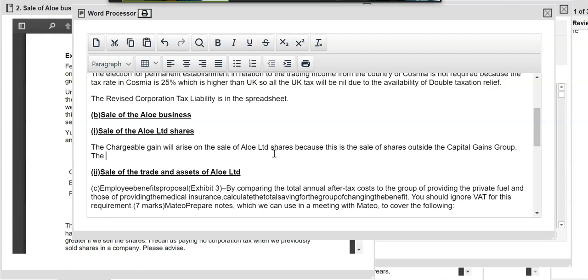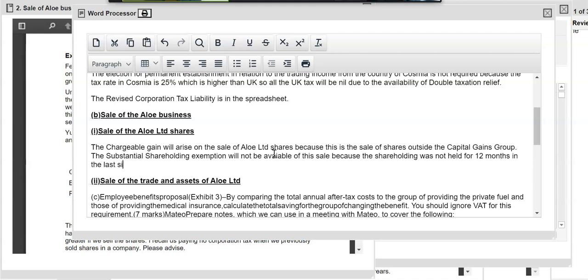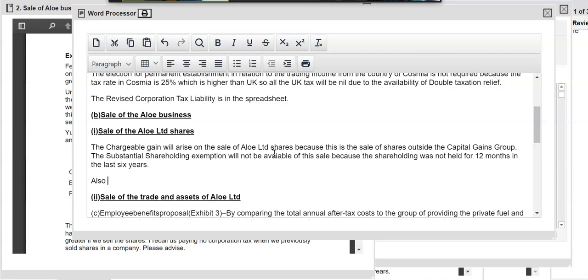Number 1, the substantial shareholding exemption will not be available on this sale because the shareholding was not held for 12 months in the last 6 years, right? Also, there will be a degrouping charge